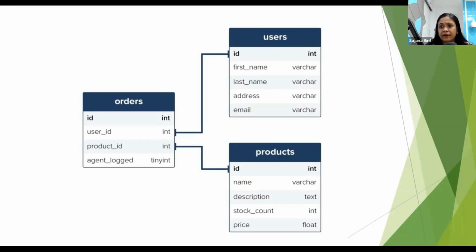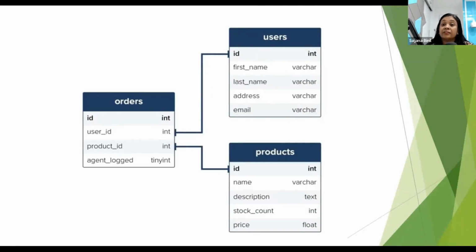Now, the products table will be again an independent table. The user table and product table are independent tables. The product table will contain all the information about the products that are there on the Amazon website: the name, description, lots and lots of information. Now, these two tables, users and products, can get connected when the customer places an order. That means me or any one of you, if you go to the Amazon website, log into your account and place an order, an entry goes into the orders table saying that, okay, user ID so and so, let's say